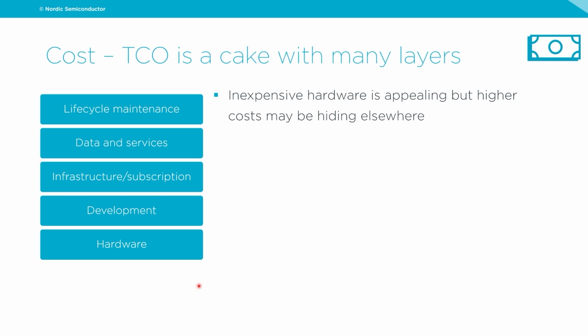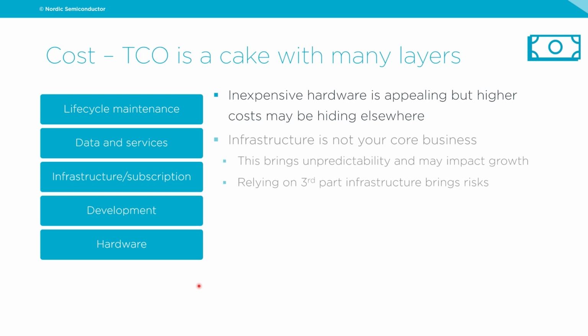And often the first comparison customers make is, okay, they look at Cellular IoT and they look at some other LPWAN and they look at the cost of the hardware, right? Is it a transceiver or a more integrated solution? Sometimes there can be differences there, but that doesn't mean your overall cost is going to be lower just because the hardware is less expensive for a particular choice, because you might have costs hiding somewhere else.